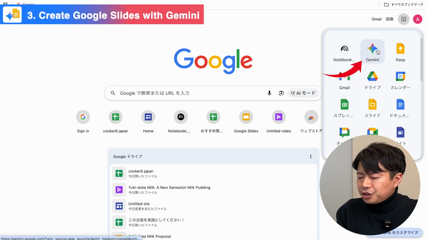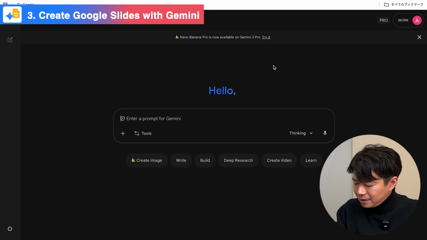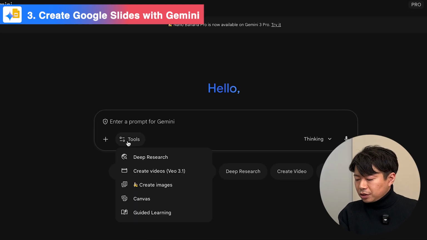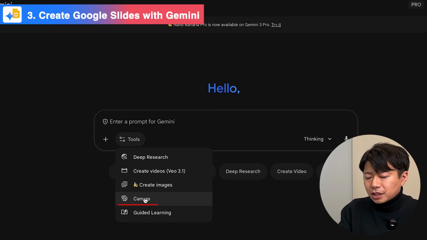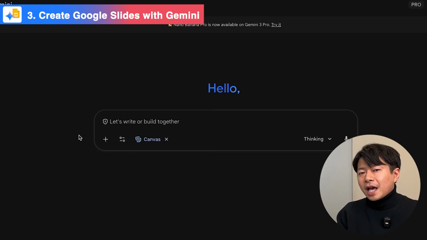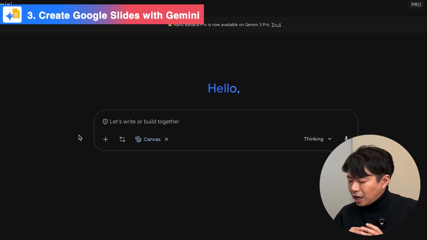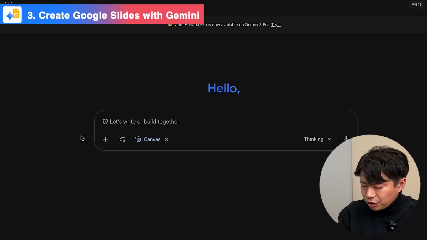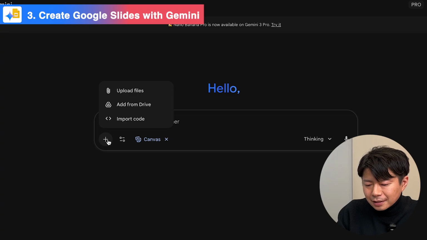Amazing. Yes. So first, open Gemini applications. So it's important to select Canvas from the tools here. With Canvas selected, convey the image of your document. So I've already created a document here for a new milk pudding product. Like this,